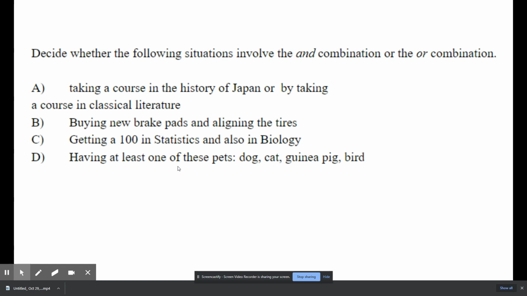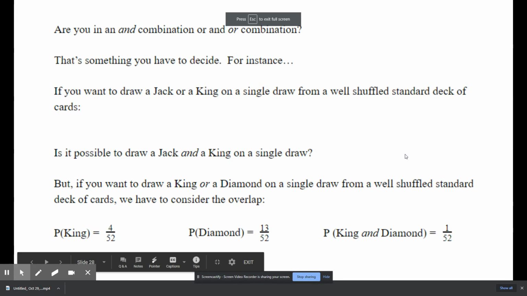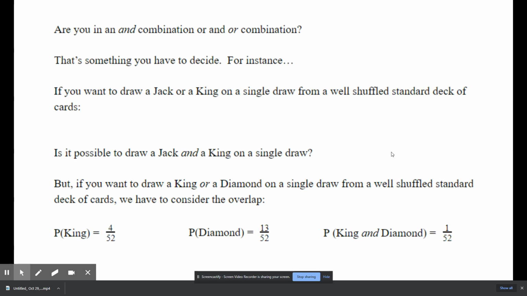So right here, I'm going to ask that you decide whether these involve the and or the or combination. It's going to be really tough. You actually have to read the problem. Are you in an and combination or an or combination? That's something you have to decide. For instance, if you want to draw a jack or a king on a single draw from a well-shuffled standard deck of cards, is it possible to draw a jack and a king on a single draw? No. But if you want to draw a king or a diamond on a single draw, you'd have to consider